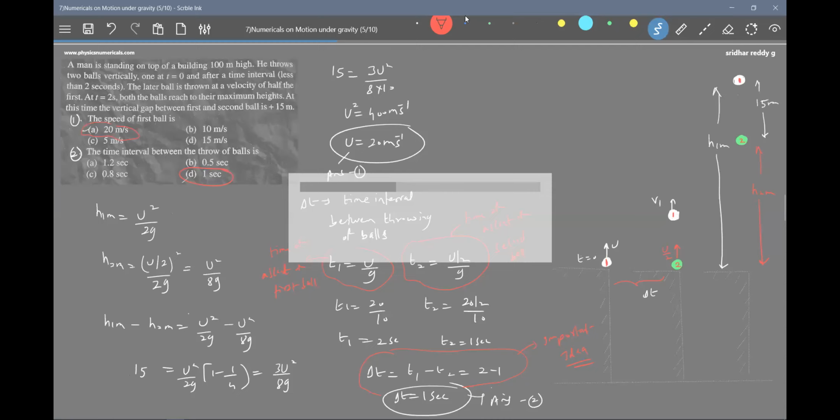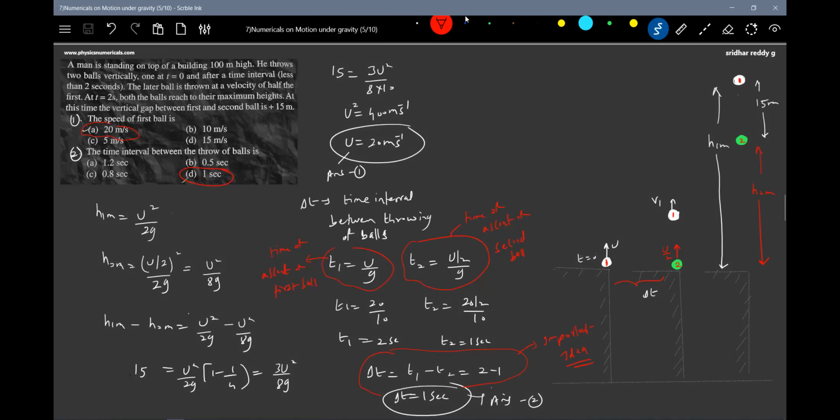I think the diagrams are very essential. Once again, I'm insisting, please do this, all of you. You have to read the question, then understand the situation, then get the diagrams, then looking at the diagrams, bring the equations, then check for knowns and unknowns, then work it out. Let me go for the next one.